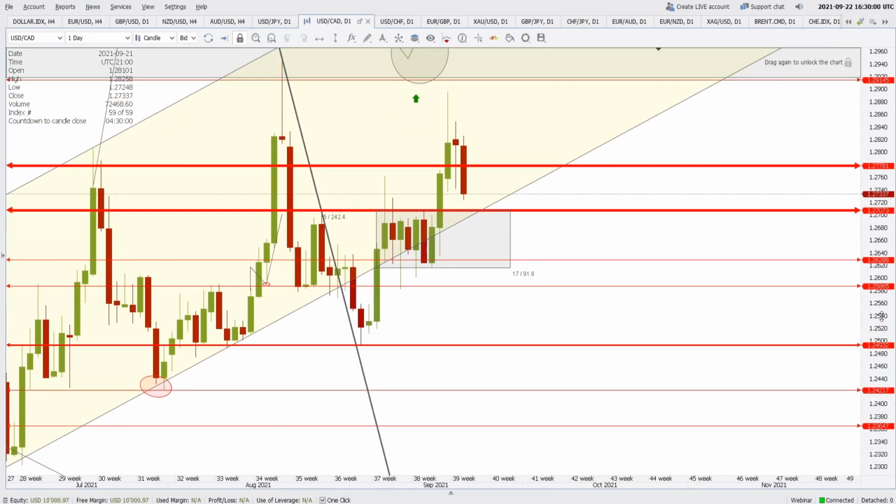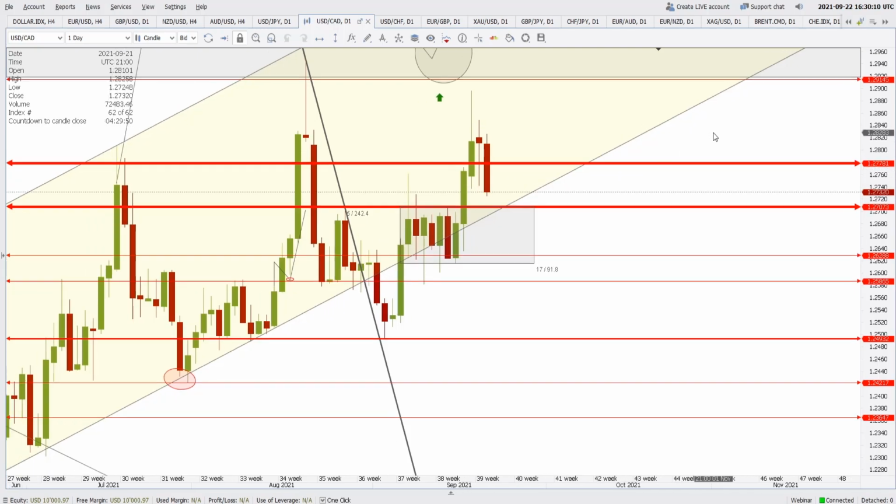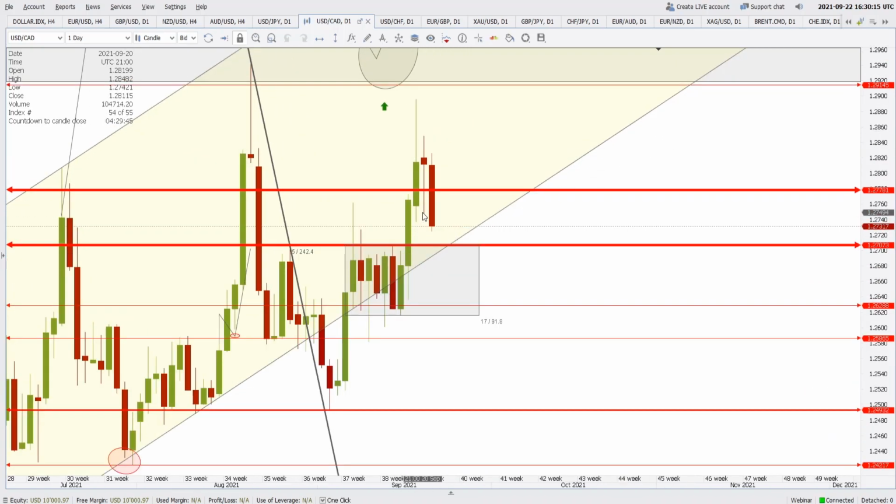Talking about the USD against the Canadian dollar, this break of the low of yesterday is very dangerous. Now why is it dangerous? Because it is something called a hanging man. There was a last push to the upside, and wherever the buyers came in yesterday, that level has already been broken. Now if we see a close below the low of yesterday, that is 1.2742,